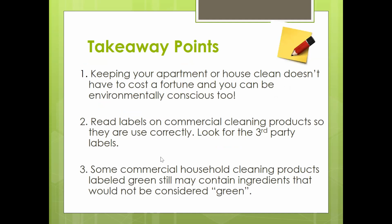So some of the takeaway points here is making sure that you're keeping your apartment or house clean. It doesn't have to cost a lot of money. A lot of the ingredients that we talked about, if you've gone grocery shopping more recently, you can picture that a box of baking soda or even a gallon of white vinegar isn't going to be a huge cost compared to some of